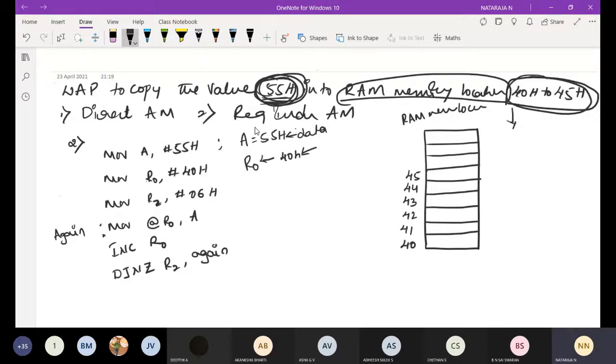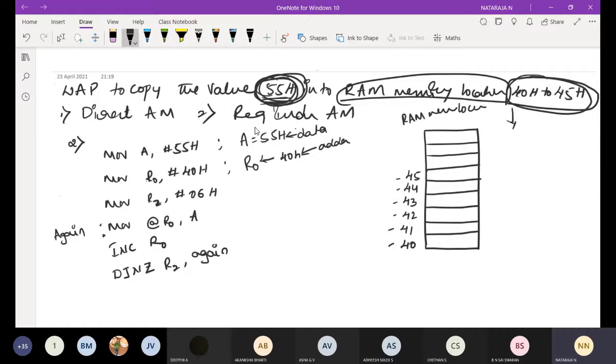Okay, got everyone? Any doubts with respect to two steps? No, sir. Okay. Third step, I will take MOV R2, #06. One additional register I am going to consider to load 06. This is a number. Why am I going to take 06? See here, how many locations do we have? 40, 41, 42, 43, 44, 45. Totally, I have 6 different locations. I need to get a count of different memory locations. That is, 06 is my count.